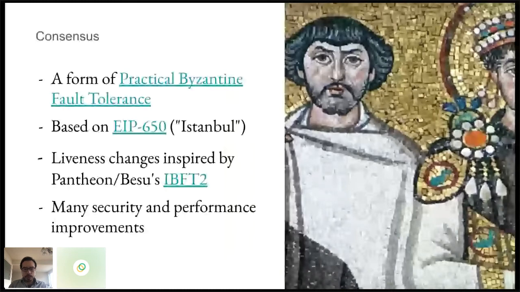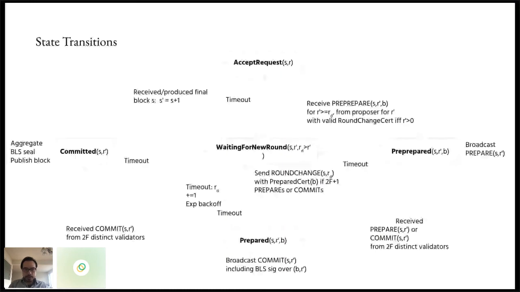All right, so this slide is a very dense one. So I'm not asking you to read too much into it, but I think the main takeaway here is that as part of the consensus algorithm, every validator is going to go through a set of state transitions, and this graph details that.